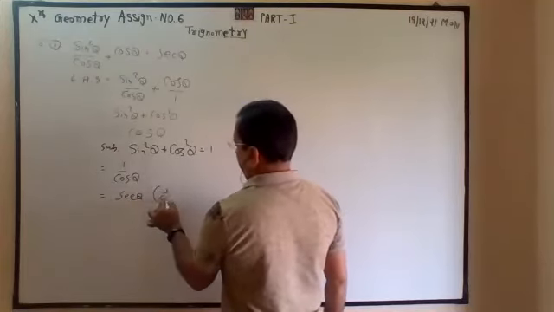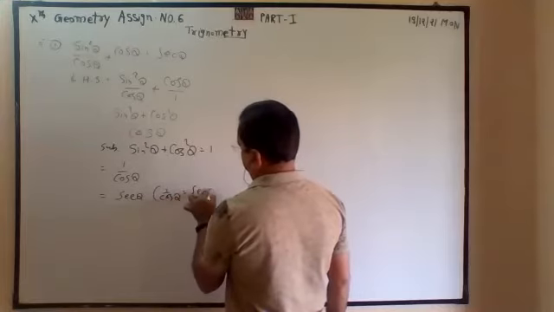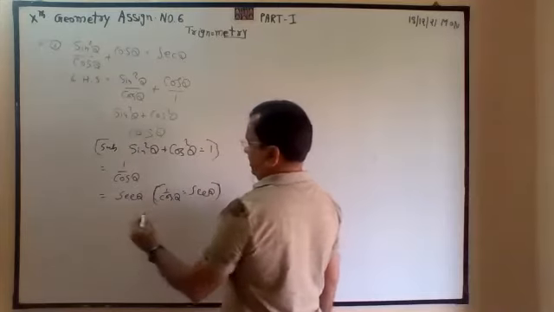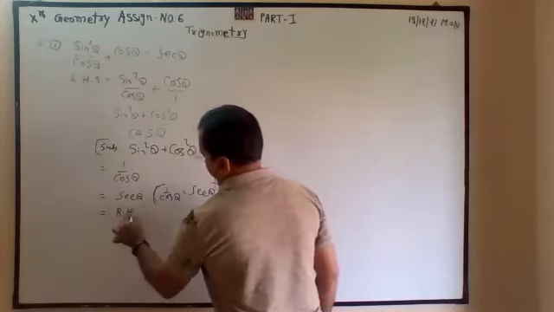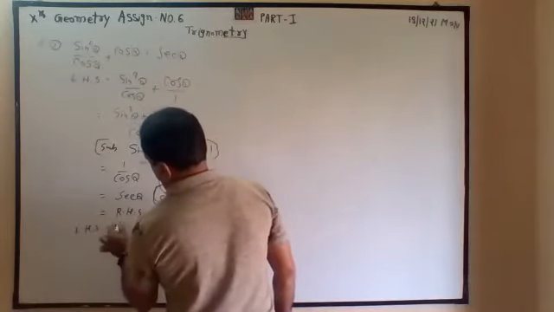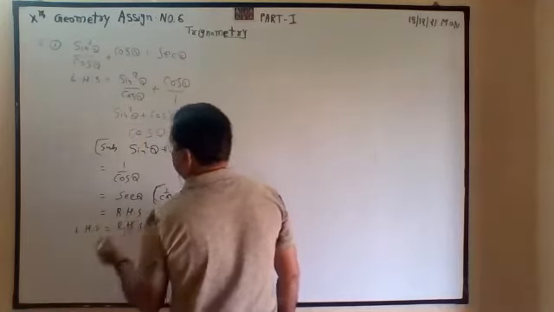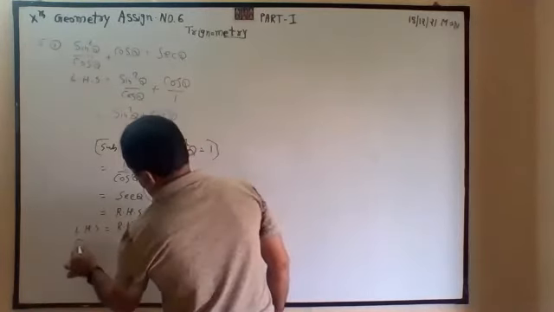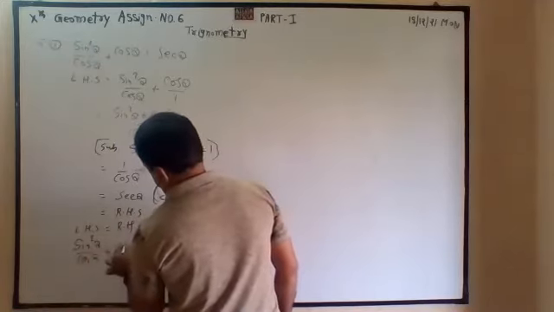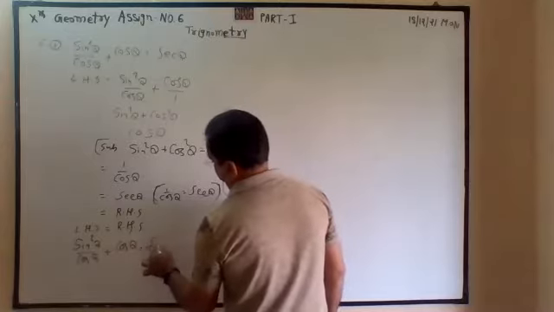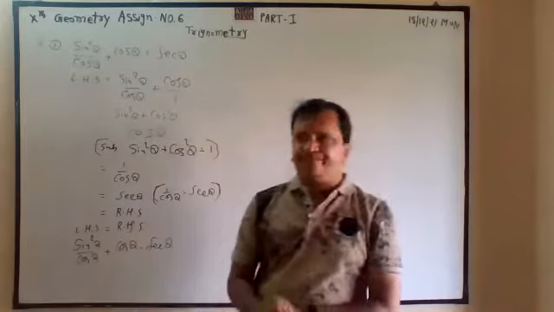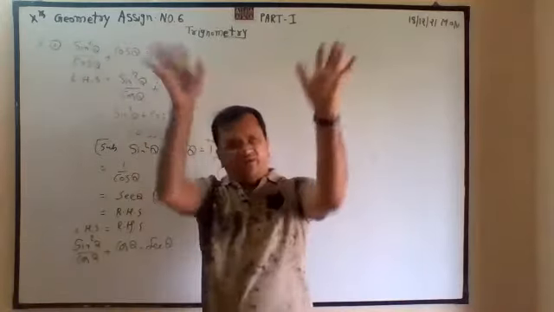What will you write? 1 by cos theta is equal to sec theta. This is the reasoning for what we have replaced. And this is equal to the right hand side. Then we have to write left hand side is equal to right hand side. Then you have to write the full equation that you have proved, that is sine square theta by cos theta plus cos theta equals sec theta. Very systematically. This is given, so you write the full equation.